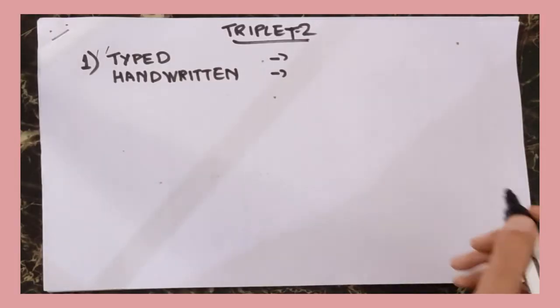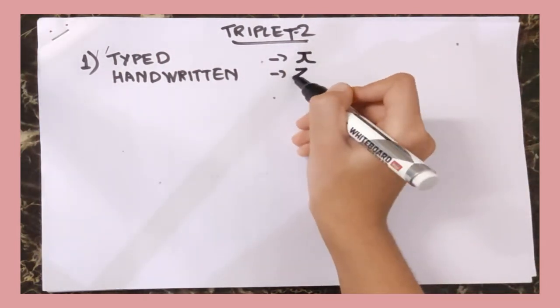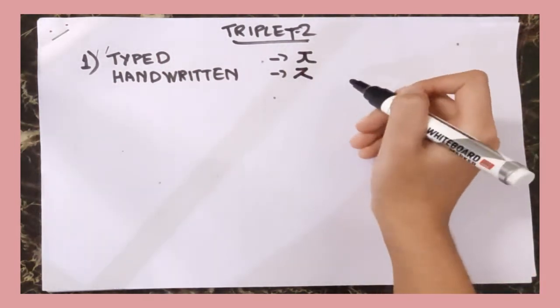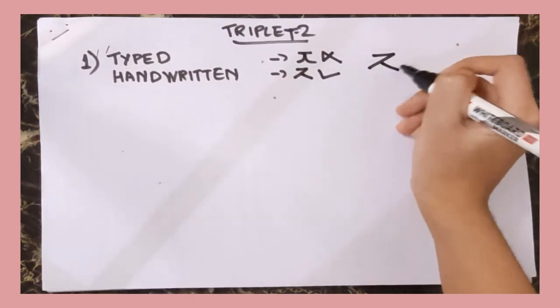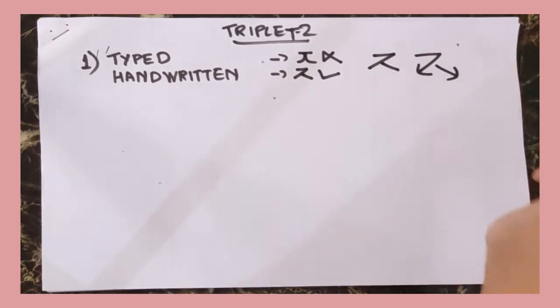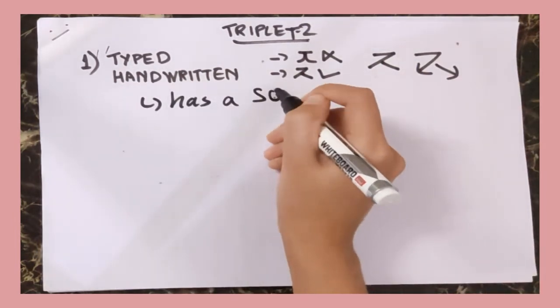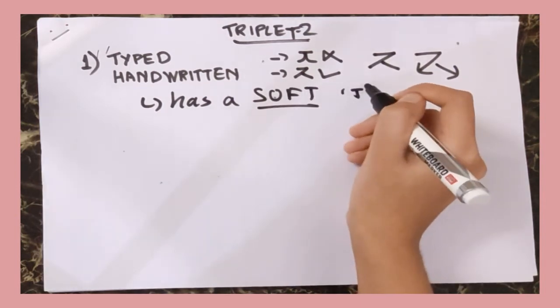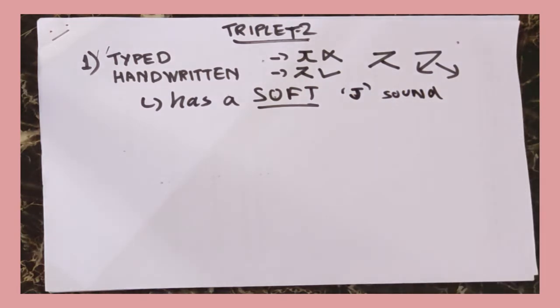Now let's focus on to the second triplet. Now there are a lot of sources which do not use handwritten Korean when teaching Hangul, so it might look like this, but it is actually written like this. Now this is the sound of J in English, but is a lot more softer, as you might have guessed already. This again has no equivalent in English, so listen closely.